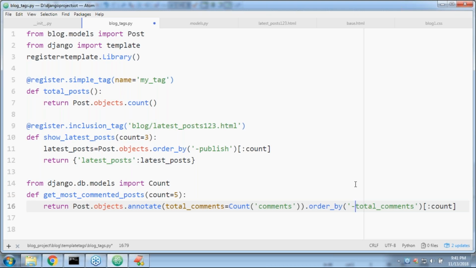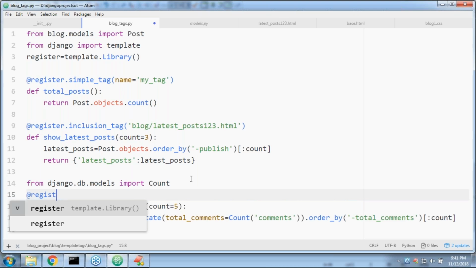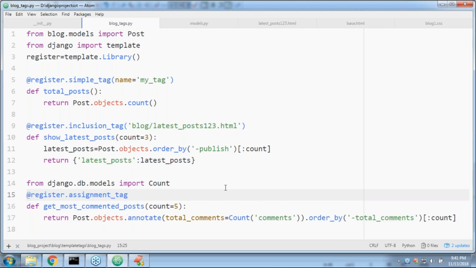Okay, well, now here we compulsorily require to use @register.assignment_tag. This is the assignment tag. Now, do you know how you are able to use this one? That part I will take care of, don't worry. Very easy, sir. Very easy. Okay, sir. Now the assignment tag, in the base.html, after display latest post,